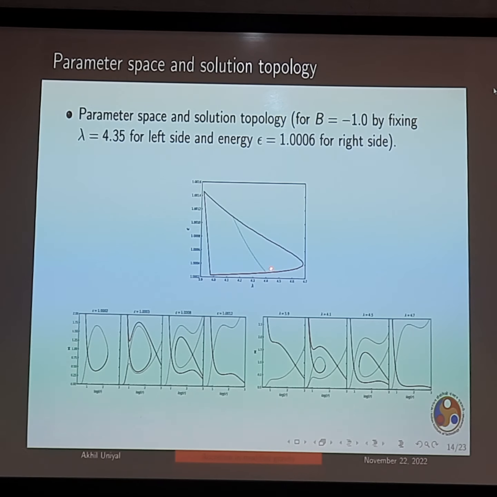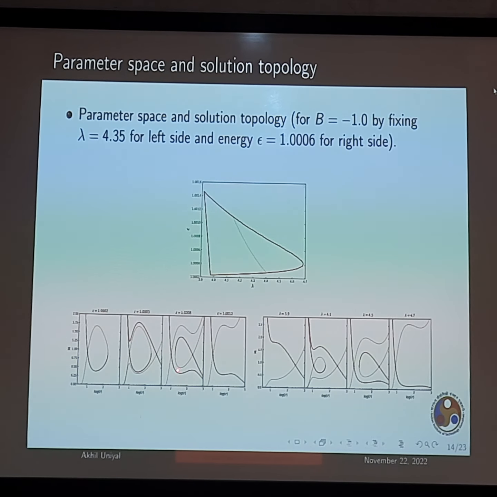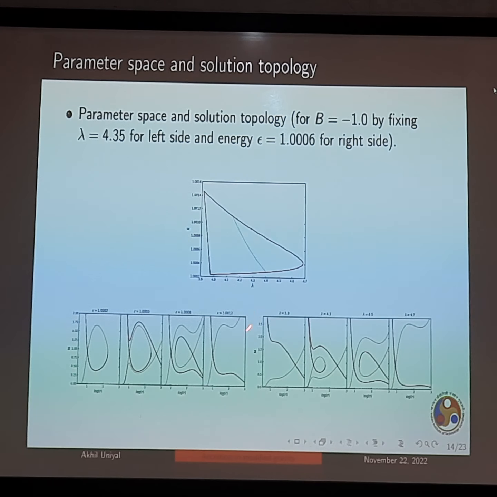So let's say you fix your angular momentum somewhere at 4.35, and you start with the lower energy. So you go away from this parameter space where you have a multiple critical point. So you will have an inner critical point. You enter this left side of this entropy separation line. You have this solution, which is connecting the outer edge from the horizon to the outer edge. And if you enter this side, you have this, where the inner critical point will connect, and you have this outer side. Again the single circuit mode. So here this solid line is basically the accretion solution, and this dotted is the wind solution.